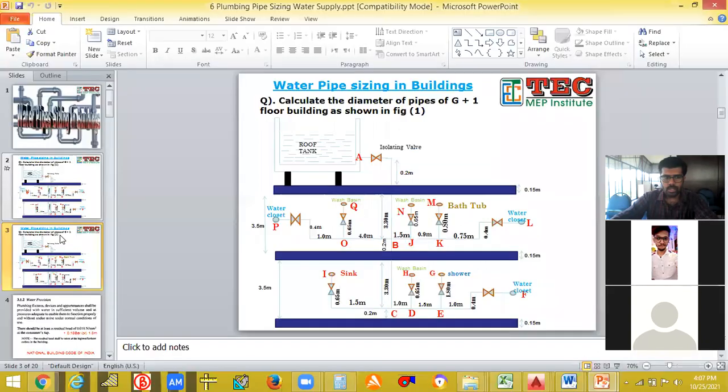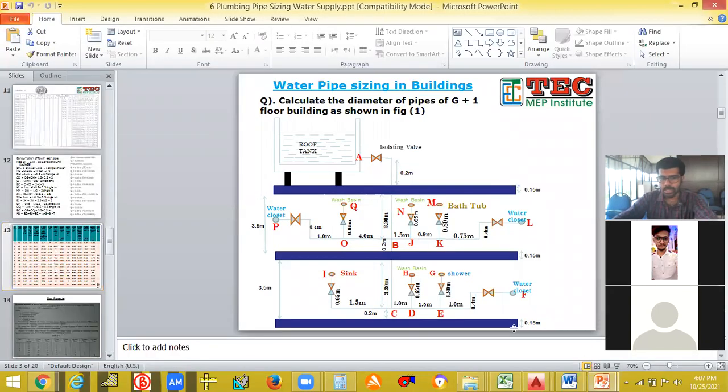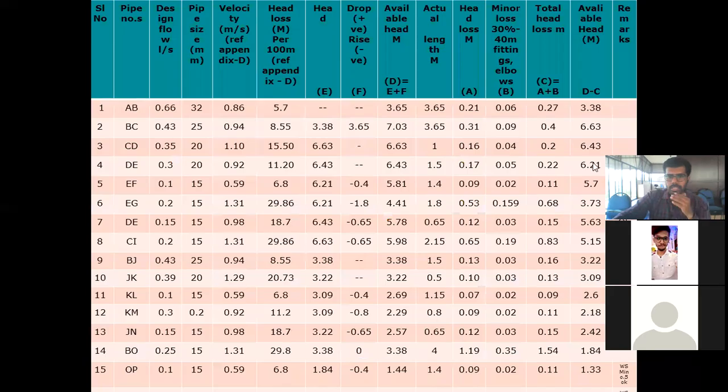So when we do a similar thing, you can understand much better. You don't write this 5.7 directly for EG. You have to write 6.21 here itself. So the same way, then it is minus 1.8. Top is minus 1.8. Available is 4.41. The same method as before, we can do. And coming to DE also, you can do the same method.